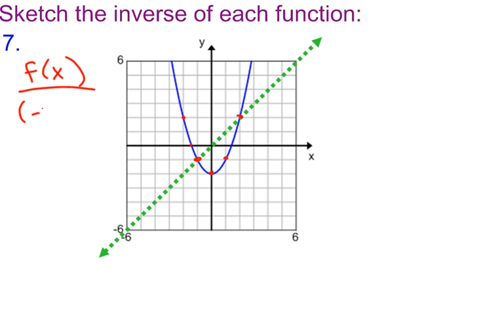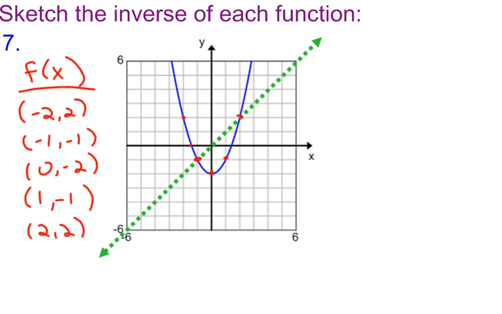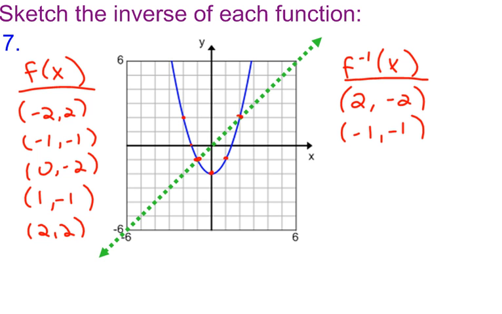So I'm going to say my points are negative 2, 2, negative 1, negative 1, 0, negative 2, 1, negative 1, and 2, 2. So for my inverse function, I would flip those. So I would have 2, negative 2, negative 1, negative 1 still, negative 2, 0, negative 1, 1, and 2, 2. So I'm going to go ahead and plot those points, and I'm going to use green so we can see them a little better. 2, negative 2, negative 1, negative 1, negative 2, 0,